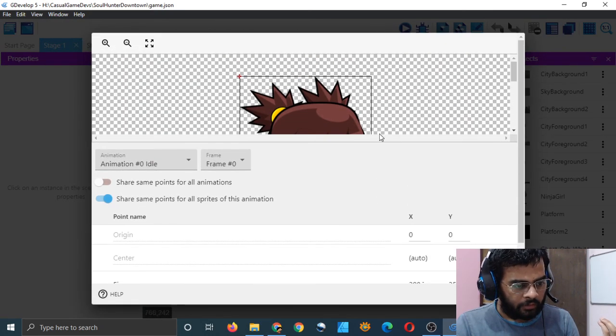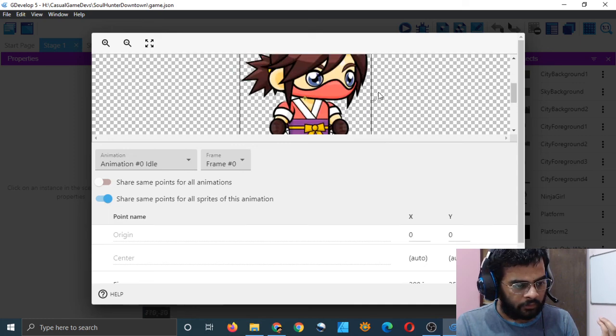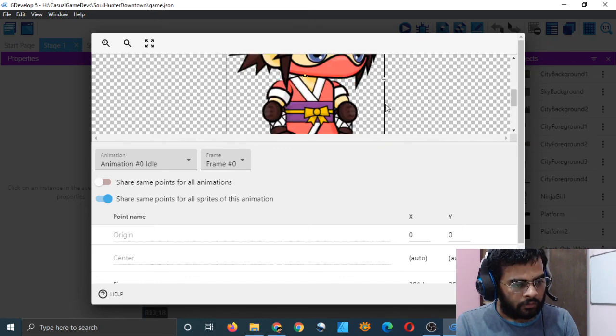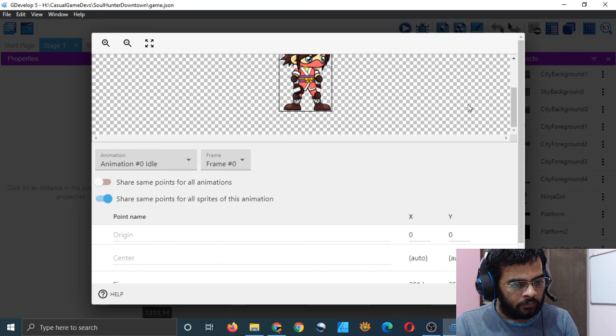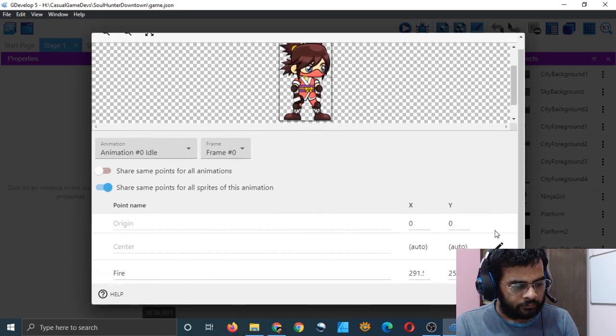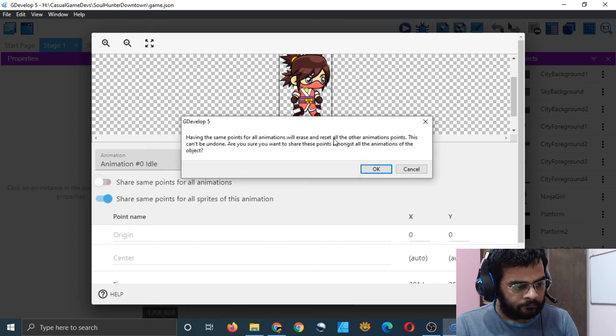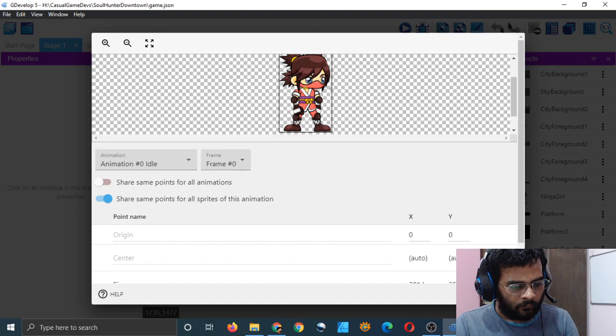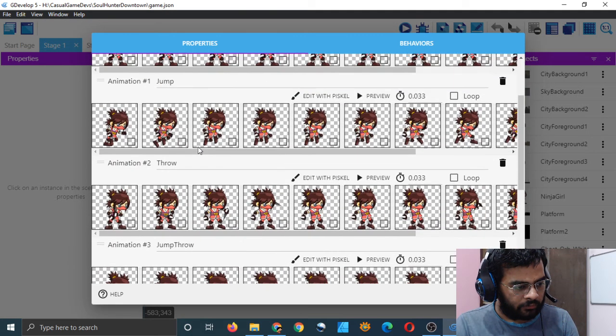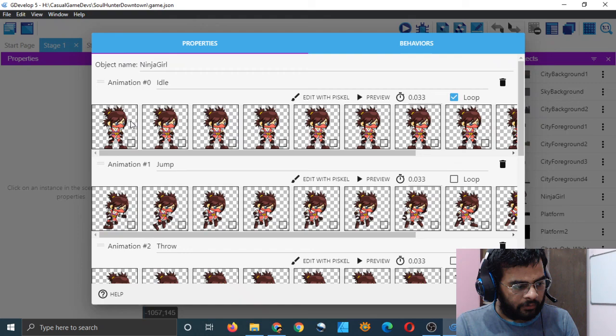Fire point is there, but it's not showing. Should be like, fire point is there. Yeah, wait. I will go back to the idle animation.